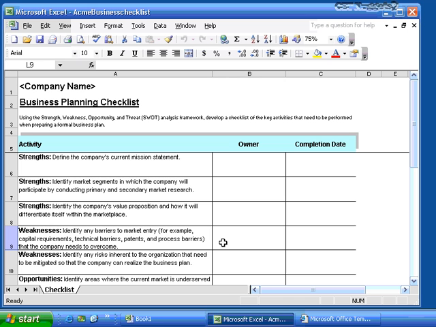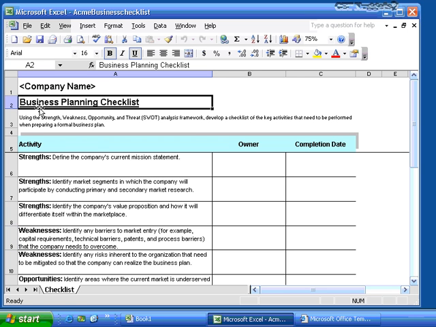Now, the cool thing about this is we're kind of killing 2 birds with 1 stone. I'm showing you how to use the copy and the move, or cut, functionalities, and you can do this within a worksheet, within worksheets, and within workbooks. But just by showing you between workbooks, you're going to get both of them all in one shot. So let's say I wanted to copy just this information here, business planning checklist, and I want to copy this cell and place it into Book 1. Now I can do 2 things. I can copy it or I can move it. Let's show you the